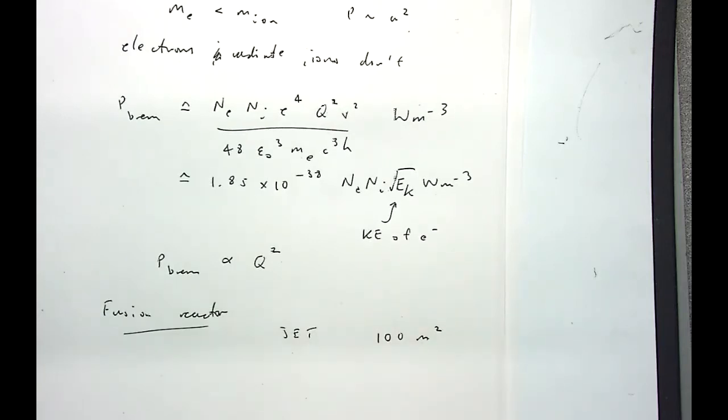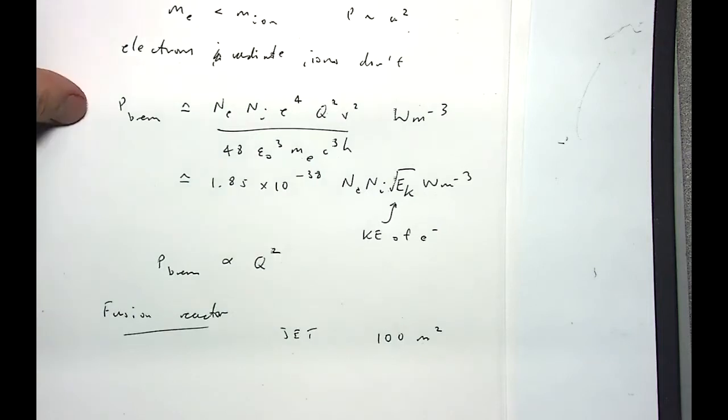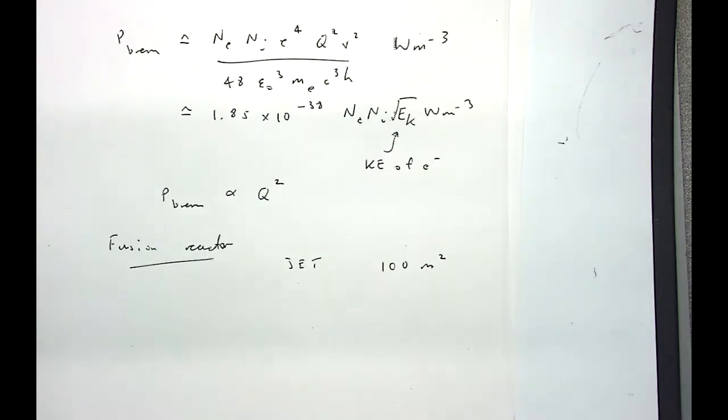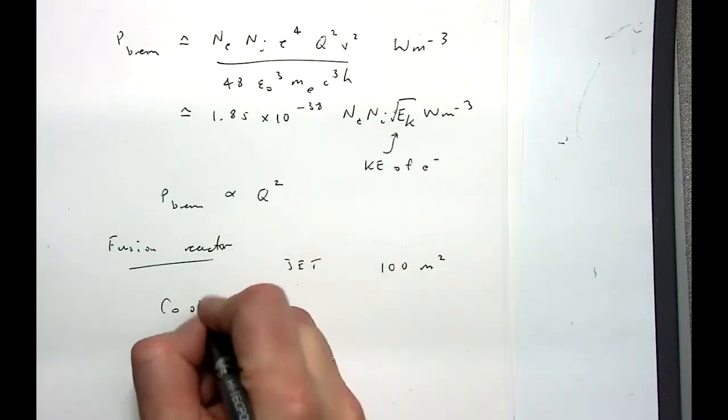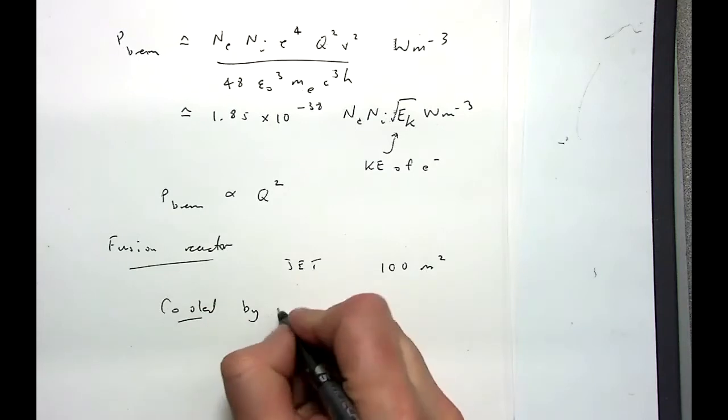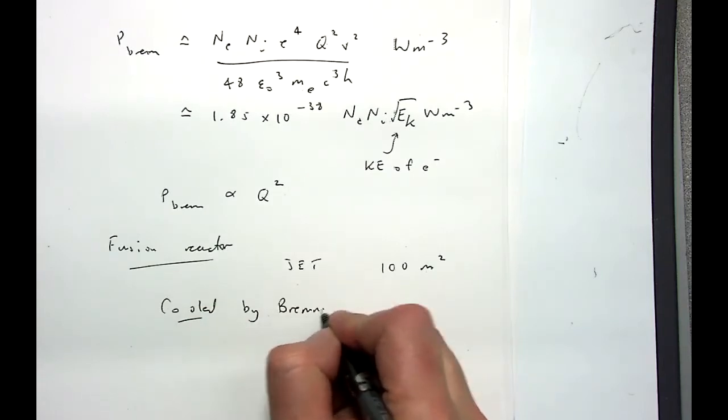If you put in the ion density and the electron density, assuming they're the same, you can work out what is the amount of Bremsstrahlung power emitted, and because the plasma has a certain finite temperature, it will radiate because of the electron acceleration by the ions, and if you put heat into the plasma, it will cool itself down. So plasmas are cooled by Bremsstrahlung. And that places an upper limit,